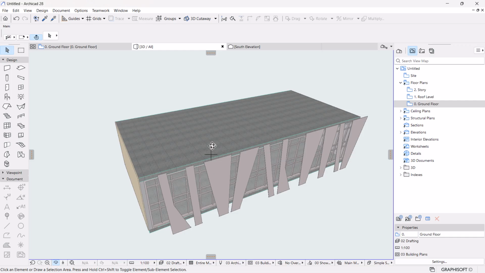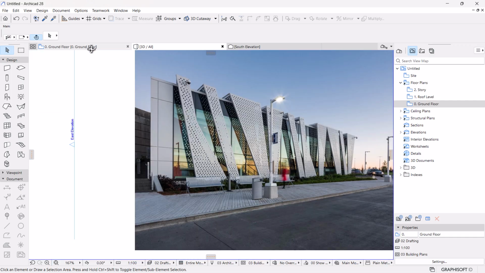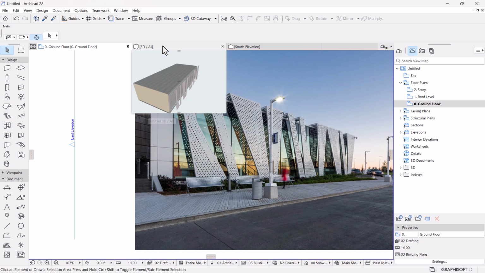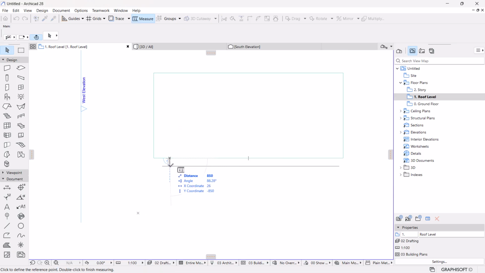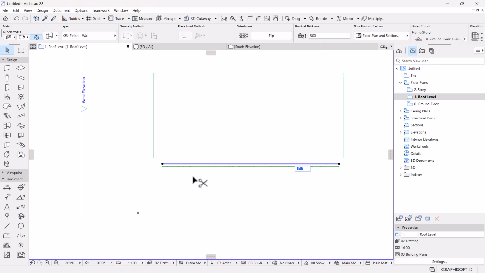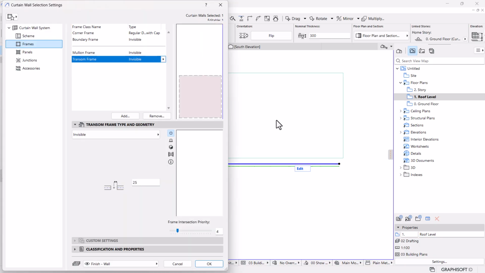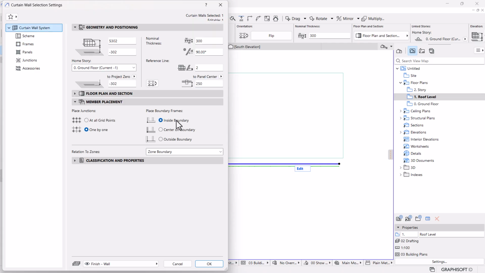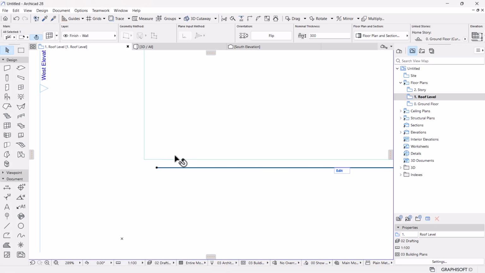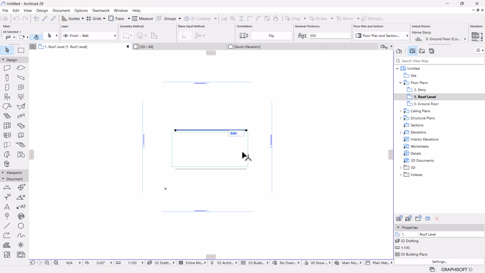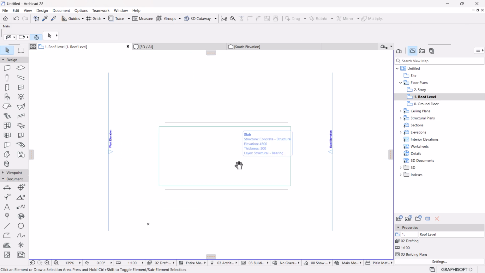But before we do that, I want us to complete our roof. So I'm going to go to a floor plan. I think let's do it from the roof level. Let me measure. I think the space is still too big, or maybe under curtain wall settings, set this to be 0. Yes, and then see the space 600. Control M, Control Shift M to mirror it to the other side, and wow,